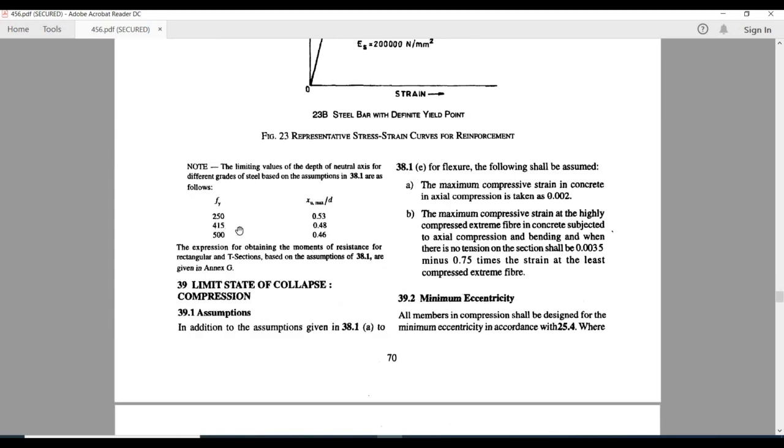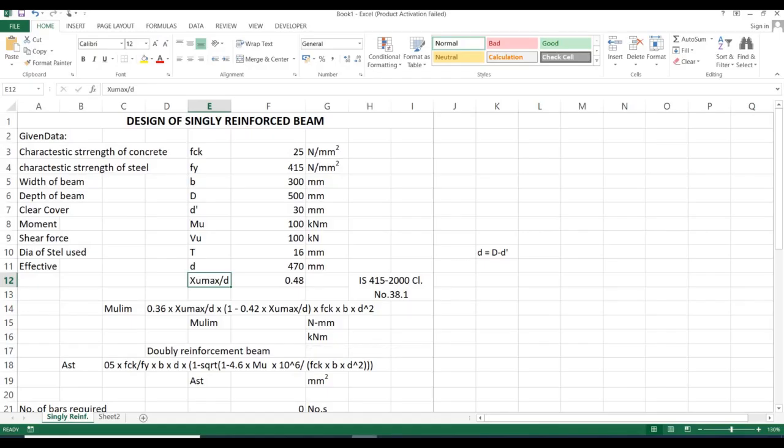See here, for the Fy value, the Xu max by d value is, for Fy 415, 0.48, for 250, 0.53, and for 500, 0.56. So depending upon my Fy value, I have to consider this Xu max by d value. Okay, so after this